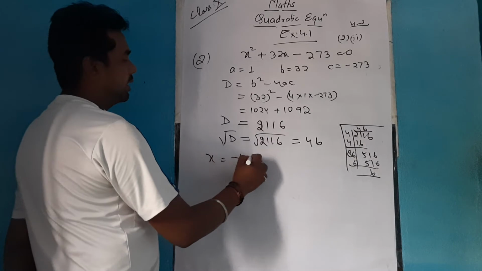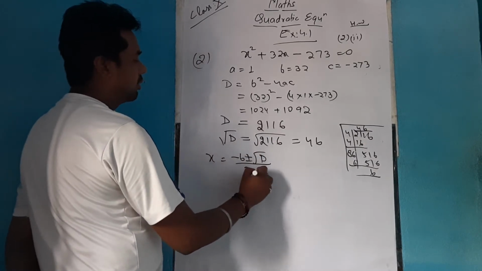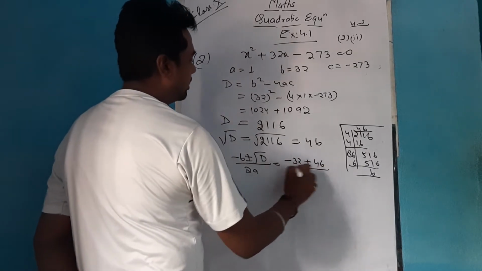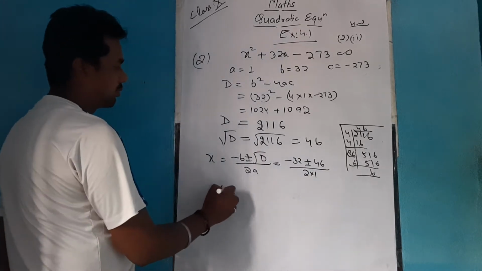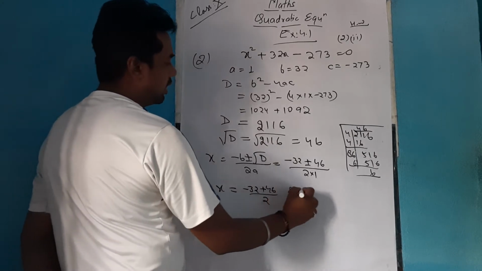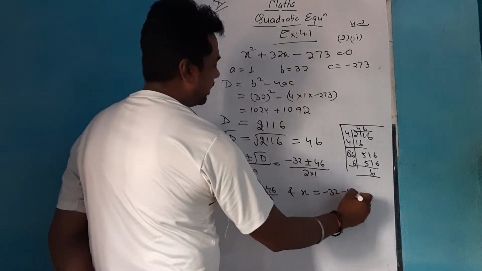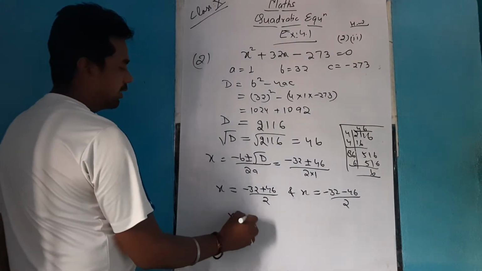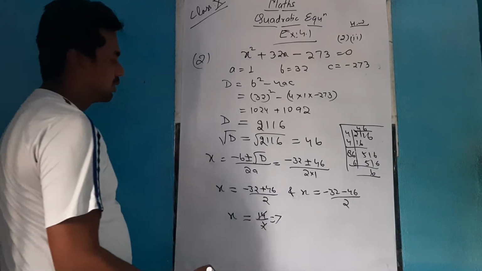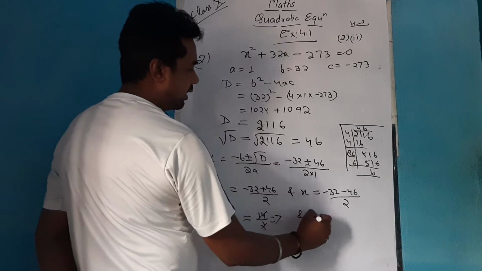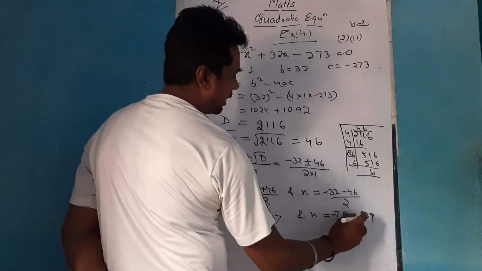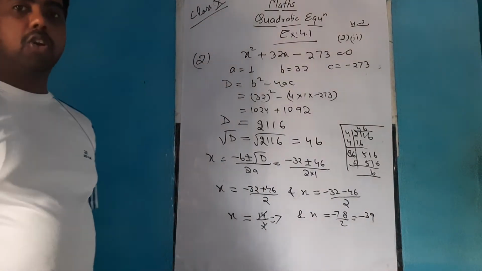So x will be minus b plus minus under root d by 2a. That becomes minus 32 plus minus 46 by 2 into 1. So the value of x is minus 32 plus 46 by 2, and the value of x is minus 32 minus 46 by 2. From here you will get the value of x as 14 by 2, 7, and here x equals minus 78 by 2, minus 39. And as you know that age cannot be negative,